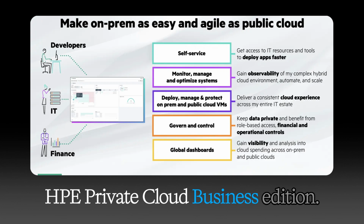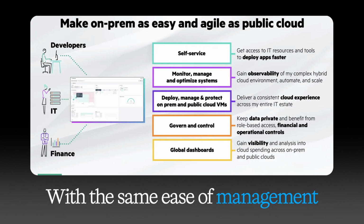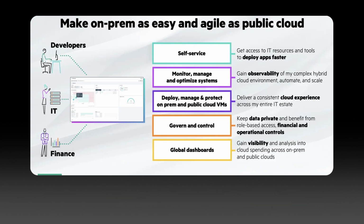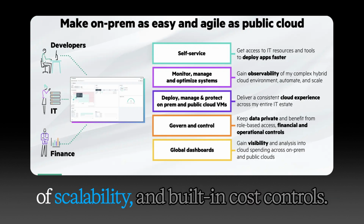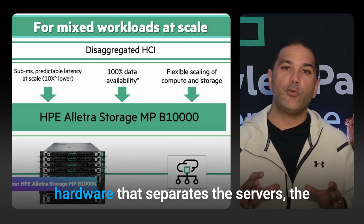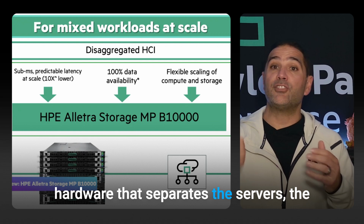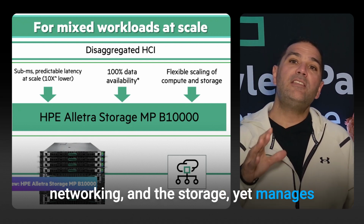HPE Private Cloud Business Edition, think of it as an on-prem solution with the same ease of management you'd get from public cloud. Things like self-service provisioning, ease of scalability, and built-in cost controls. So what's the secret sauce here? Well, the secret sauce is disaggregated hardware that separates the servers, the networking, and the storage, yet manages them through